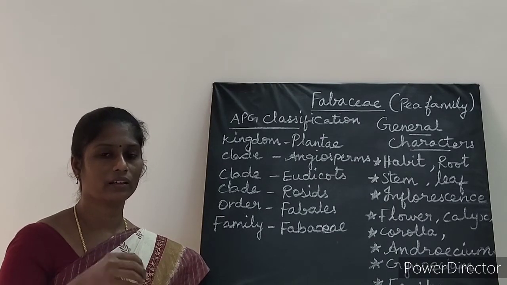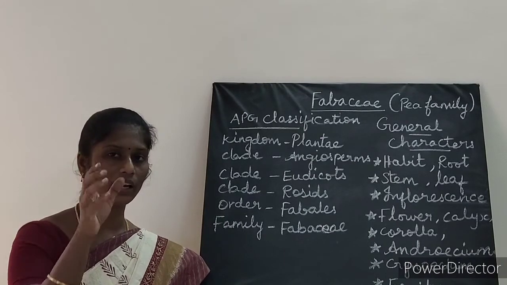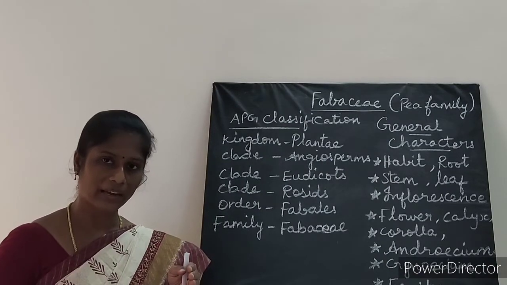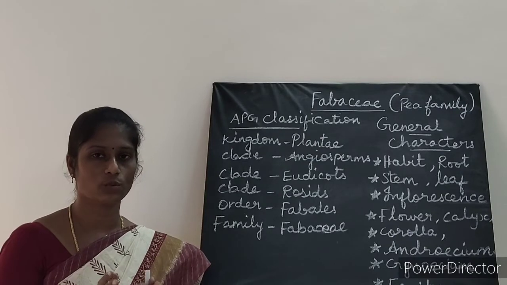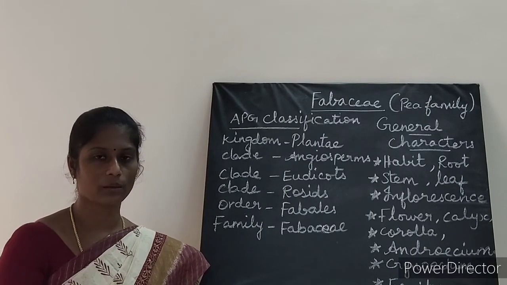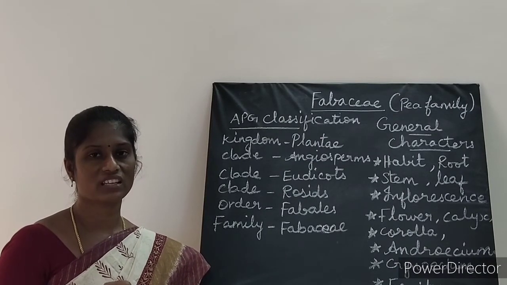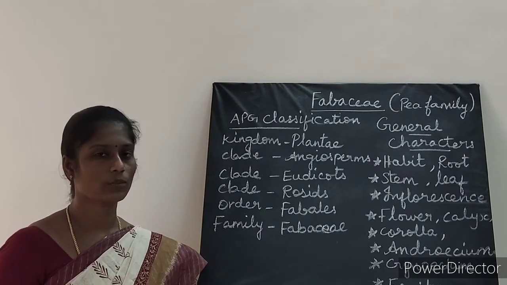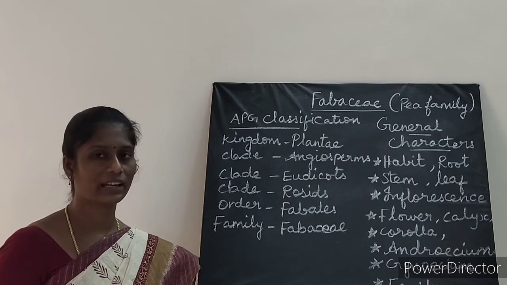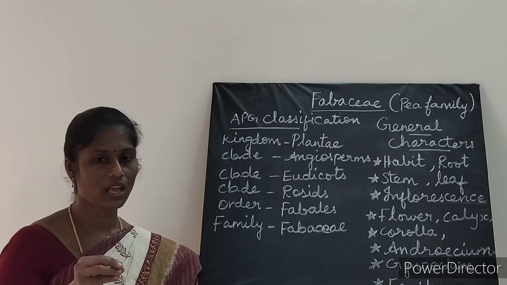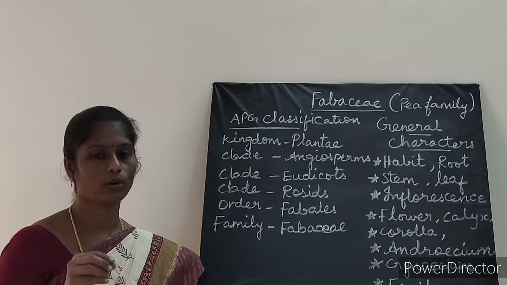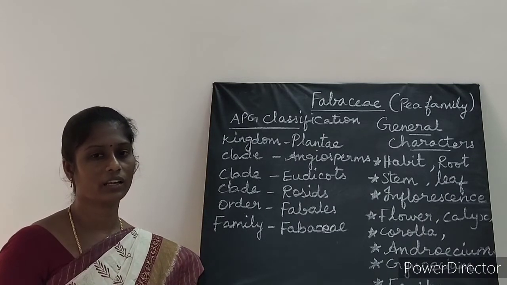Imbricate here, 1 large petal and then 2 lateral smaller than that of the large, and then in the anterior position very small petals are present. So this type of arrangement is called vexillary, imbricate or descending. Okay. So this type of arrangement you could see in the calyx. So calyx here it is made up of 5 sepals, syncephalous, in the form of tube, persistent, valvate or imbricate estivation.